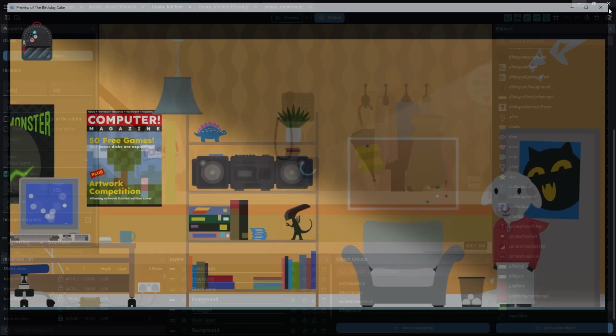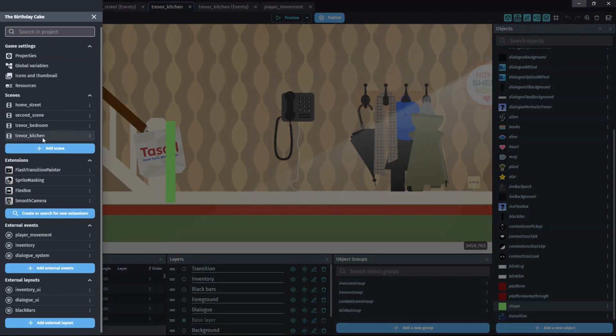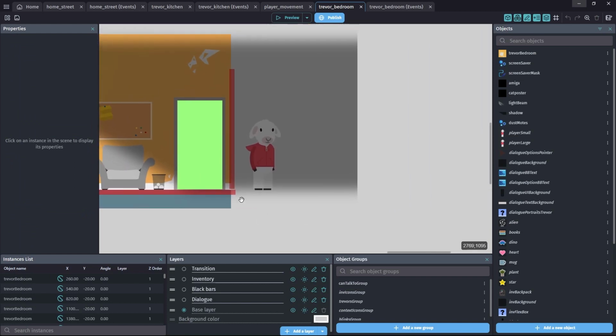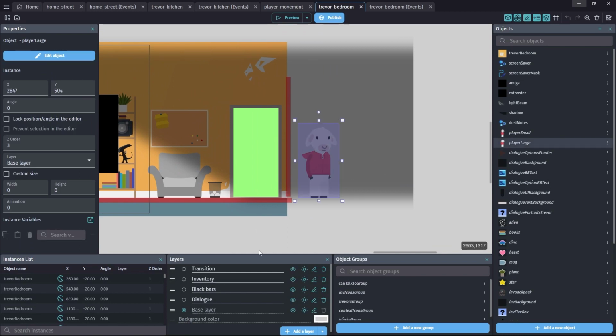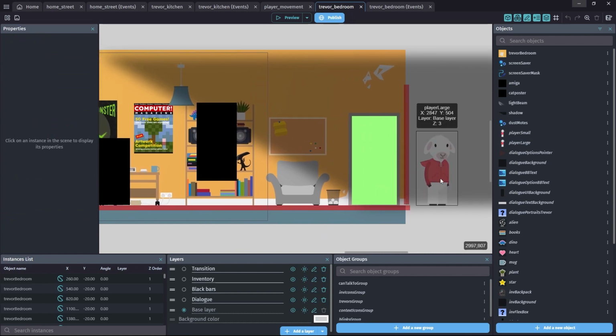Now if I show you, actually, Trevor's bedroom, where are we? Trevor's bedroom, there we go. Actually, Trevor is off screen. And this is what I'm tending to do now. I have him present in the scene, but off screen, and I set his position using events based on where he's come from. In this particular instance, because there's only one place he can come from, I could